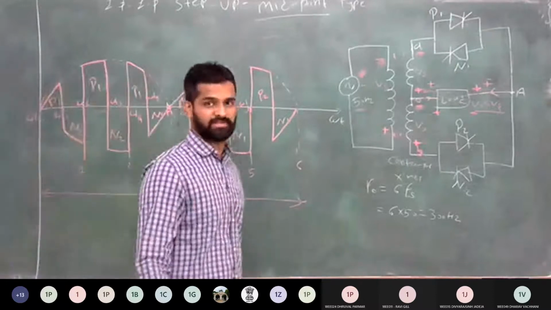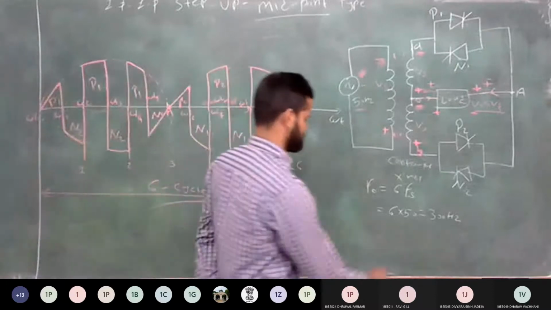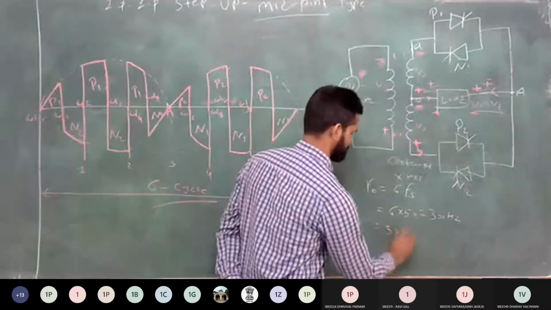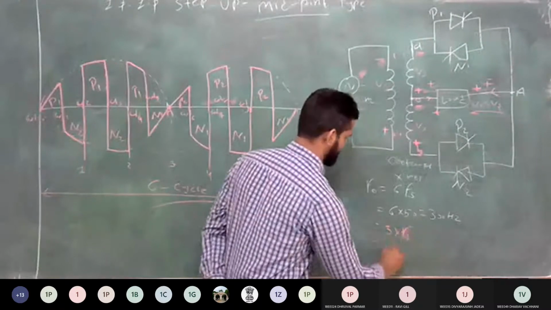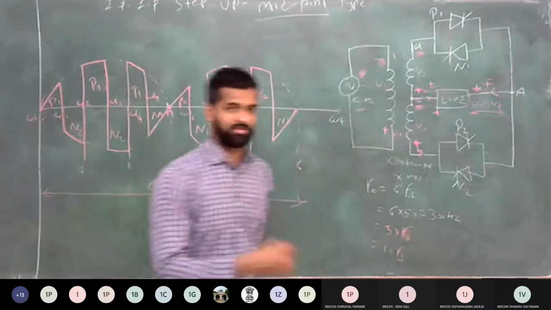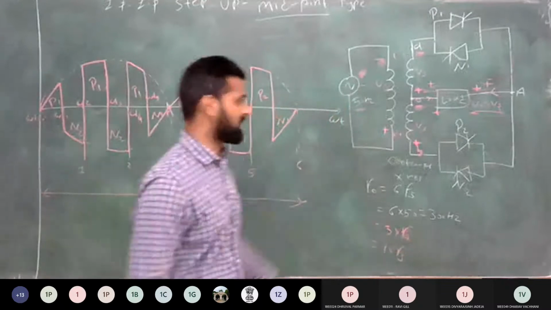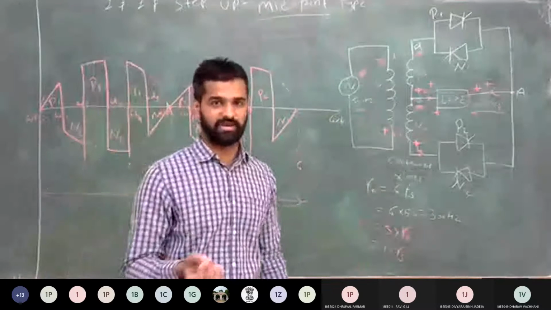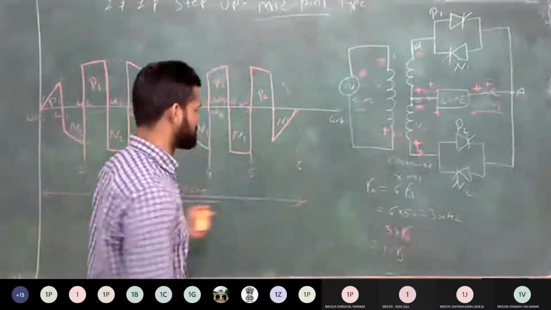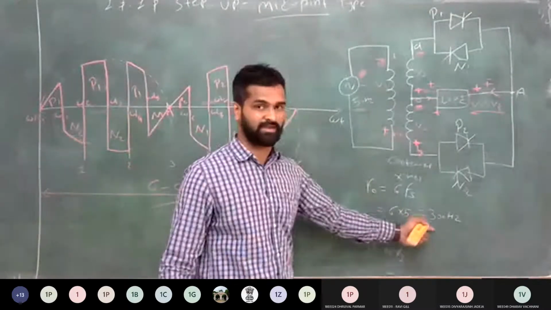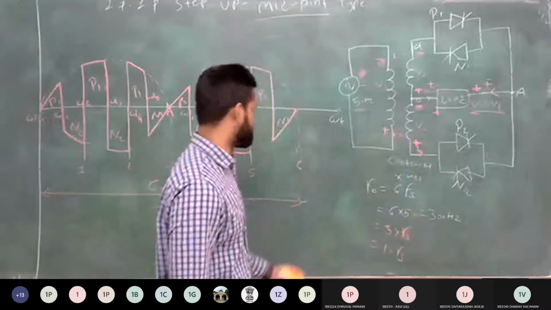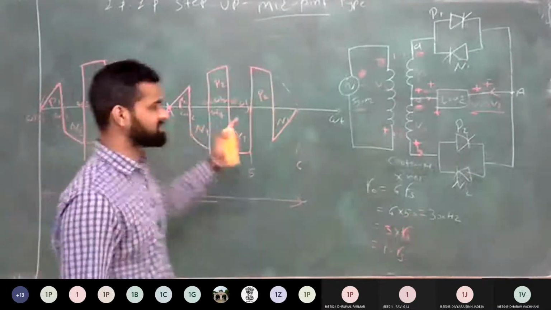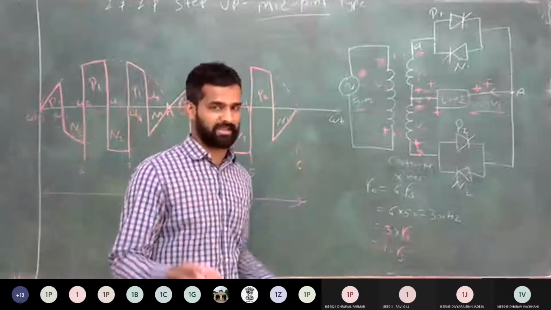Before the next topic, first all of you draw this waveform for this frequency. In the exam, you can be asked for any frequency like 5 times Fs, or maybe 10 times Fs. So depending upon the frequency requirement at the output side, your sequence of conduction of thyristors will change. So this is the waveform for a frequency of 6 times the supply frequency. Clear? But for 10 Fs and 5 Fs, the conduction sequence is different for a different number of cycles.